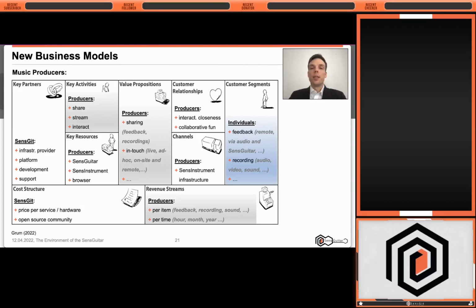Right at the center of the canvas, the producer can provide value for other individual musicians. As an example, producers can share their feedback, recordings, sound configurations, or joint sessions so that others can access those as customers. Further, producers can get in touch with their customers easily. For instance, they can have live sessions of their recording activities, provide sound configurations online, and share emotions on recordings